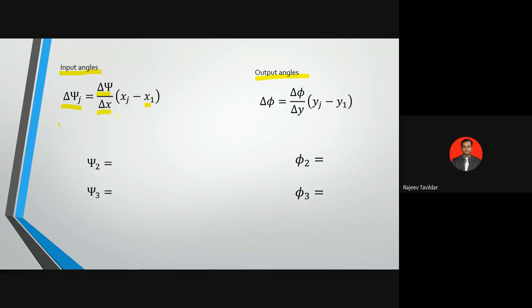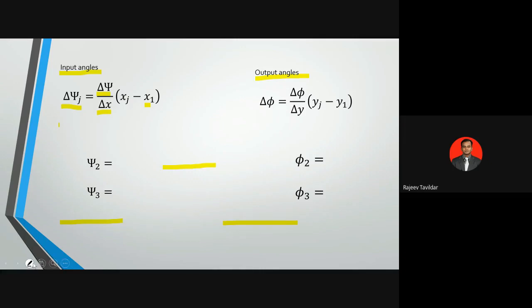The other reason is I have to design a mechanism such that its initial position is totally based on assumption. I can start drawing the mechanism from wherever I want. It's just like if I ask you to draw a line of say 5 centimeters, even this is a correct answer, even this is a correct answer. Ultimately, this is a line of 5 centimeters. It doesn't matter from where you are starting.